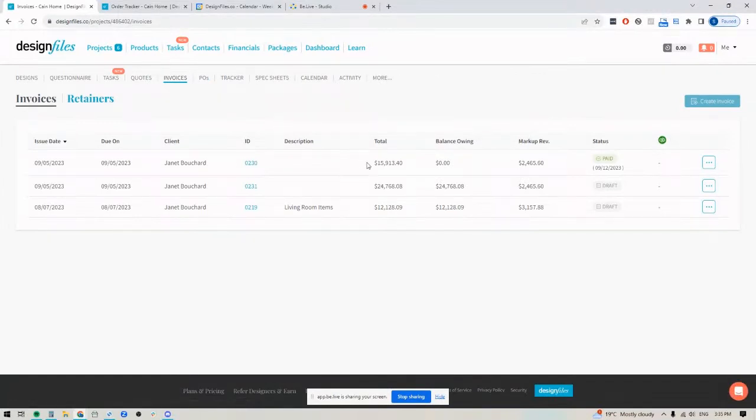And you can see that I've actually done this here. So I'm just showing you some items that I've already created because really I want to focus the meat of this chat on the actual ordering process. Okay. But once you've created your invoice for those items and you've collected payment,